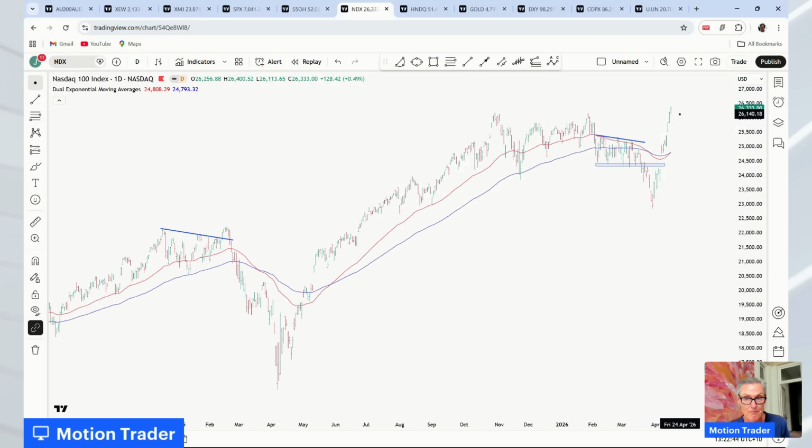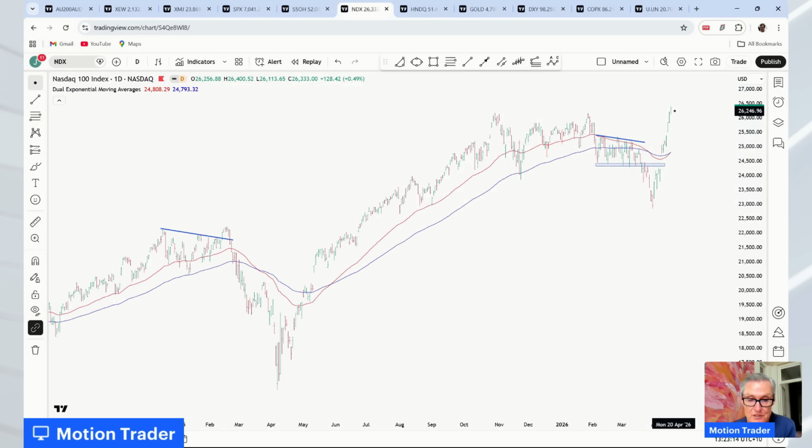So 12 up days in a row has been a successful indicator over the last 40 years, but 12 up days in a row, whilst it's significant, doesn't guarantee what's going to happen going forward. I think what it does indicate is persistent buying, and persistent buying is a good indication of underlying strength. I think this is more about short